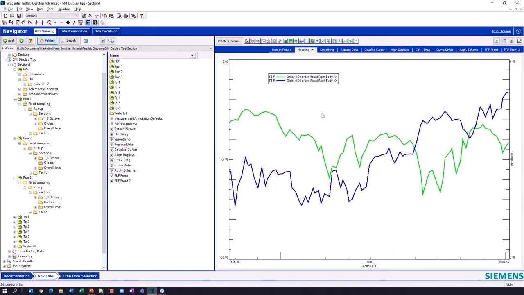and I'm comparing them. So I've got RPM on the x-axis and amplitude of vibration on the y-axis. And certainly in any part of my display, I can right click and you'll see I get this little title up here.